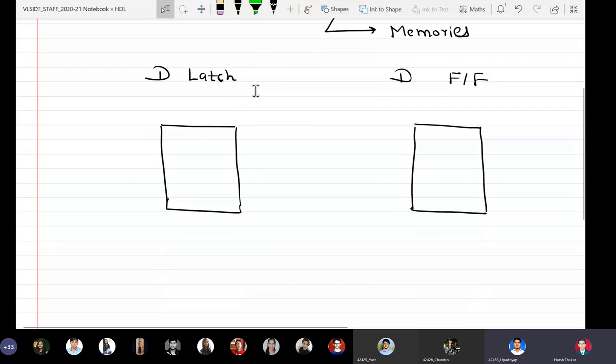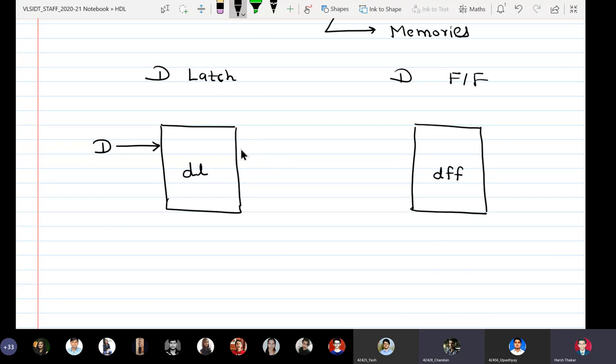So now the block diagrams for D latch and D flip flop. Tell me. I will write an entity name inside as DL, and here I will write it as DFF. Come on, fast. This is what you studied in second year. Input D for latch. Very good. Input D. Wonderful. Next.